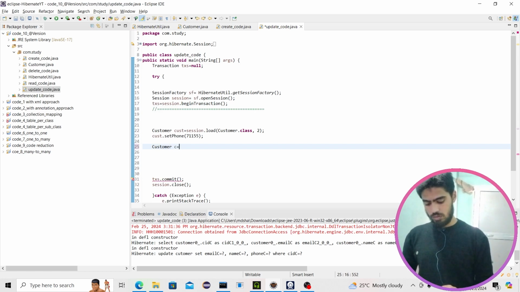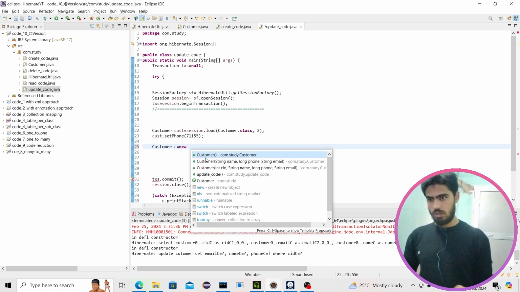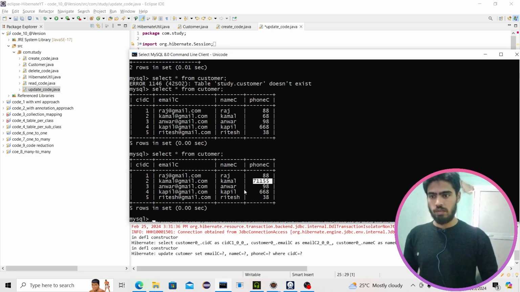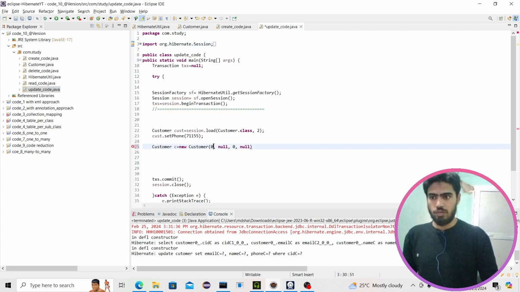C is equal to new, and in here we are also providing the primary key ourselves. So look here at what will happen. Suppose at 3, or Kapil at 4, for Kapil the primary key is 4, so you have to provide 4 right here,